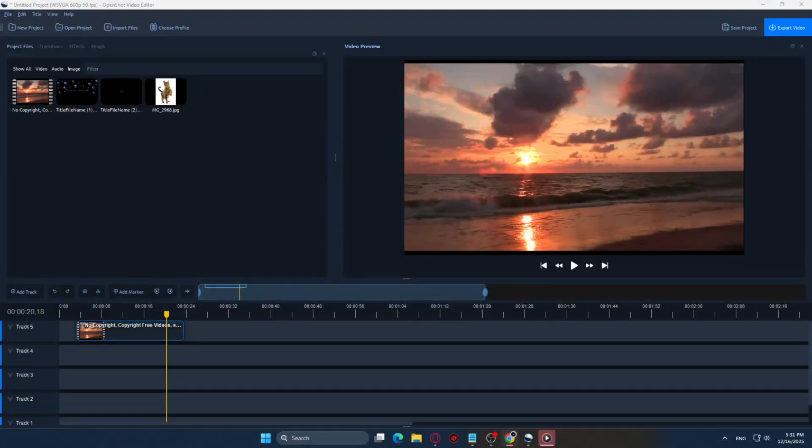In today's video, I'm going to teach you how to trim and cut video in OpenShot. OpenShot is a straightforward, free editor that makes quick cleanups easy. Today we'll focus on two essentials: cutting a clip into pieces and trimming the start or end of a clip to tighten your edit. Once you know these, you can shorten long recordings, remove mistakes, and keep only the moments